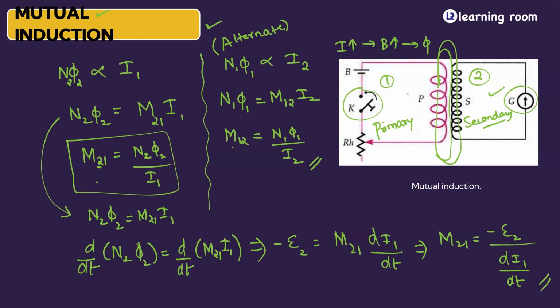Right. So we also know another point. How is flux measured? It's measured in terms of Weber, and how is current measured? It is measured in terms of ampere. This Weber per ampere is what is called Henry, and it is represented by the symbol capital H. Am I clear with this? Right. So this is all about the introduction of mutual induction. So make a note of it.